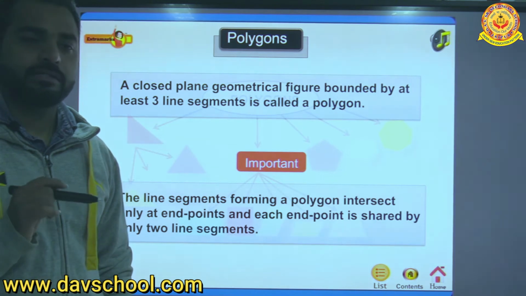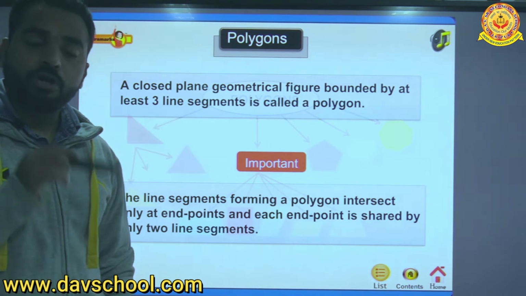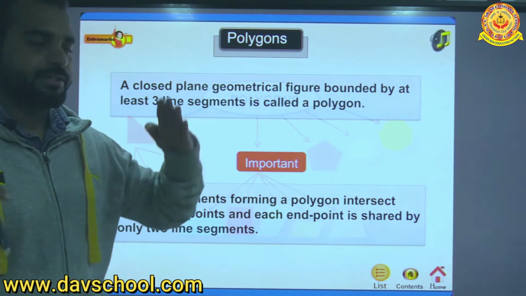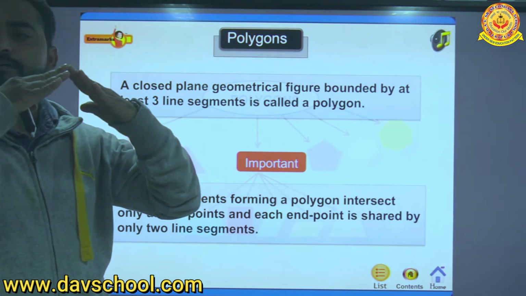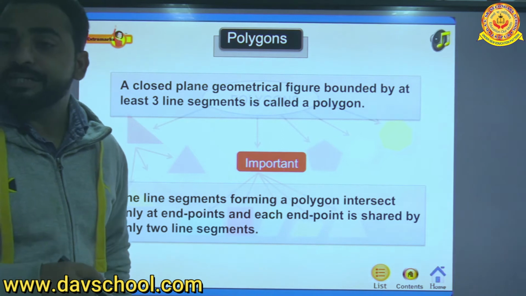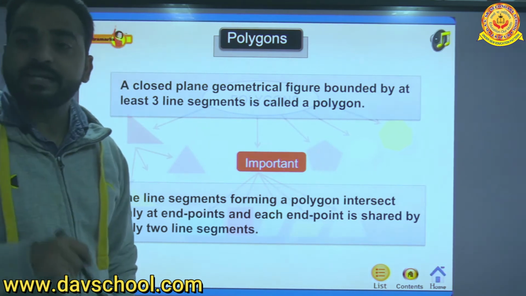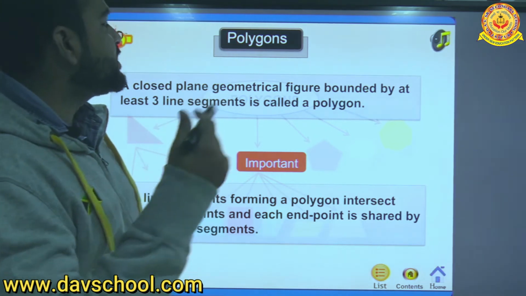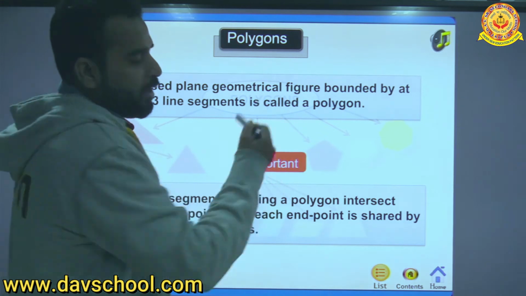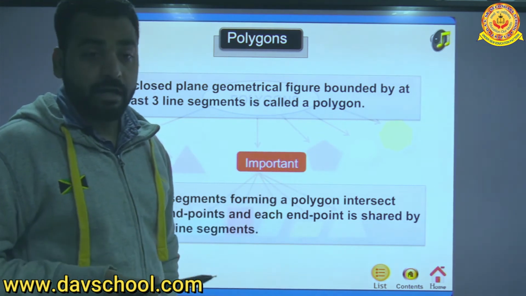Don't you fly kites? What is the shape? Kite only. Because in that, you know what adjacent sides are? This side and this side, these are adjacent sides, when their ends are joined, right? So when the adjacent sides are equal, as we can see in a kite, we call it a kite. Similarly, when the number of sides is more than 4, like 5, we call it a pentagon.